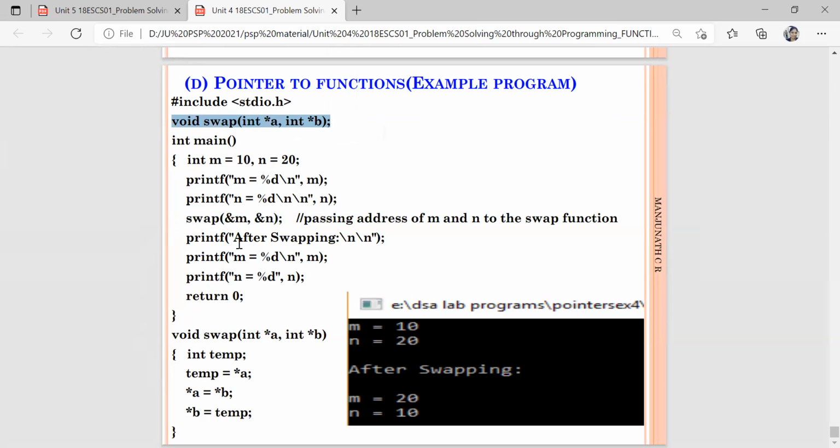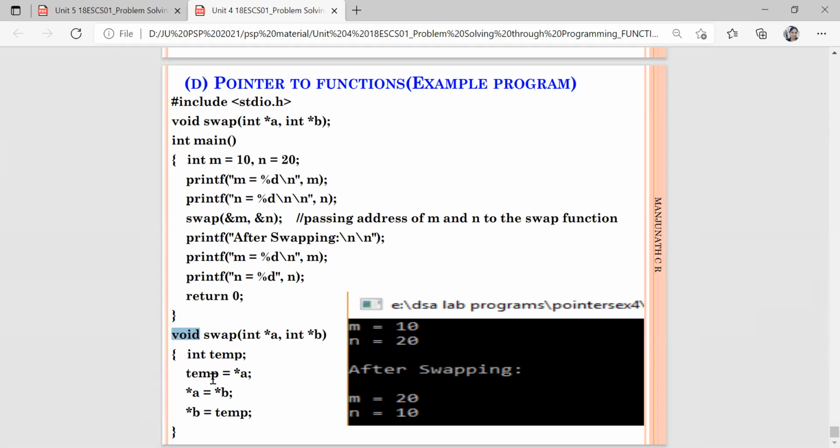So this is the function declaration. Here we defined the function. We are calling the function in the main program through the function call. While calling, there is no return value, and the addresses of m and n are passed as arguments. The function won't return anything, so we mentioned the return type of the function is void. It will get some addresses from the main program and do the process, but it won't return anything back to the main program.